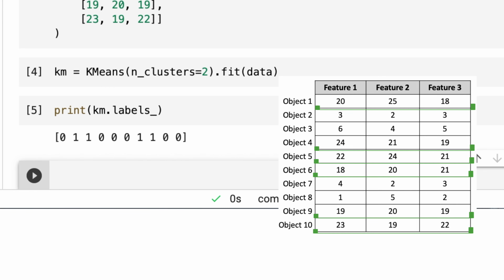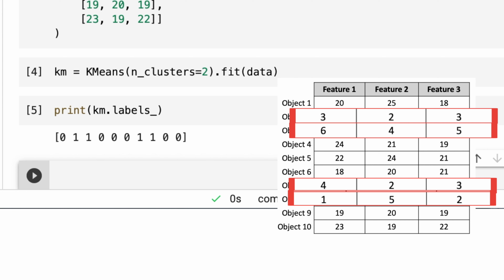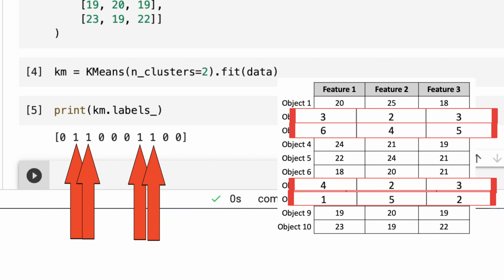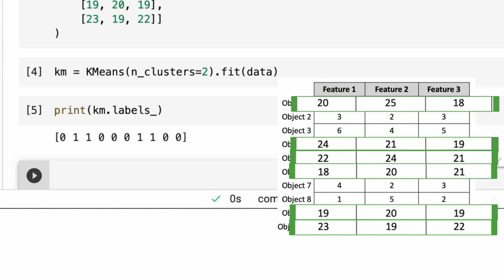Notice that the rows with larger features are in cluster 0 and the rows with the smaller numbers are in cluster 1. If you run the code several times, you might find that sometimes the zeros are ones and ones are zeros. But you will always find that the rows with the larger numbers are in one cluster and the rows with the smaller numbers are in another cluster.